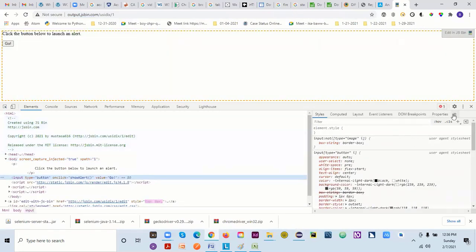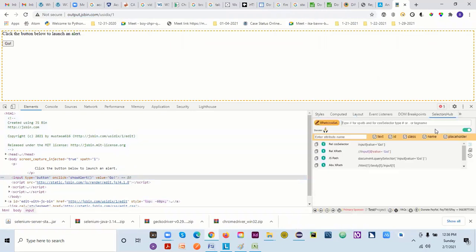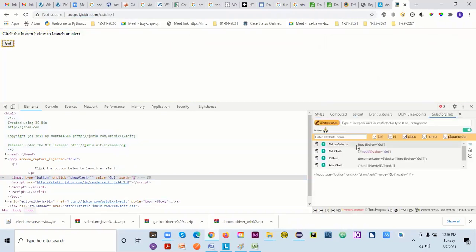Okay. If I come to my Selector Hub, so here I can use selector, CSS selector as well. This is also a locator. I can go with this one as well. What else we have here? Apart from this, we don't have anything here. We have value, which is there, but we'll not be having any value attributes there. We'll be having ID, class. Okay. And this is not a link as well, so I cannot go with the link text. Okay. So what option do I have? I have only the option to go with the XPath, which is easier.